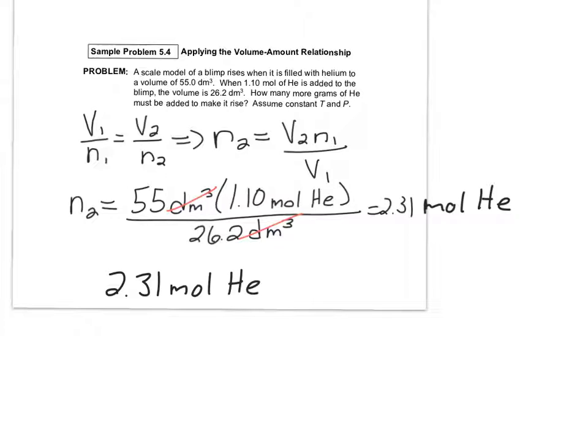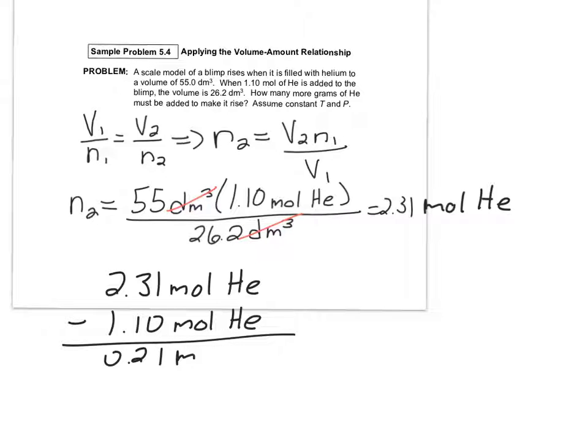That's N2, and I already had 1.10 moles of helium in there. That was my N1. So my new amount is going to be 0.21 moles. I'm sorry, not 0.21, 1.21 moles